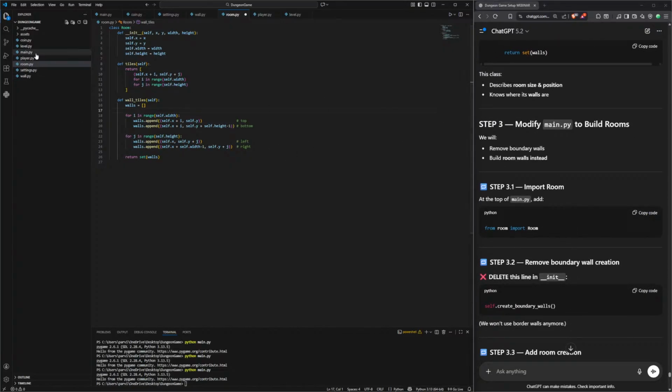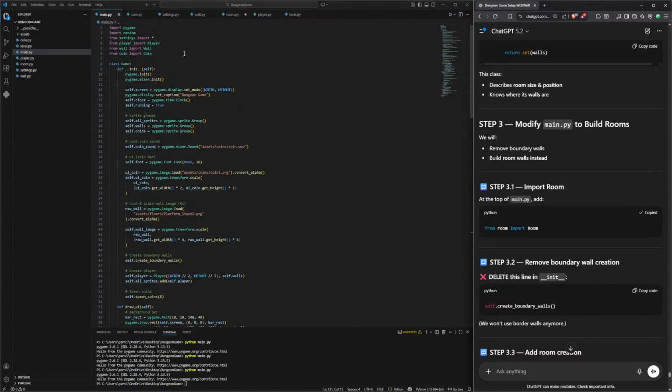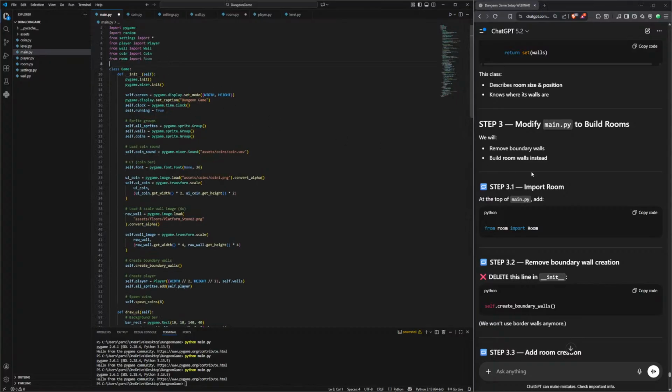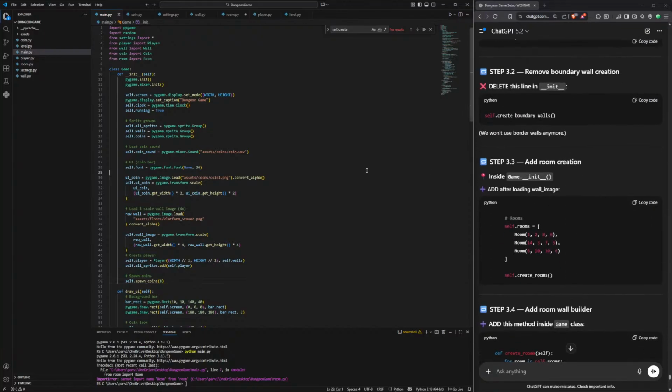Okay, let's come to main.py. At the top, we're going to add from room import Room right here. Delete this line in init. Save. Create boundary walls. Okay, let's delete this one. This one is going to delete the walls which we had around corners, if you remember. After loading wall image, wall,